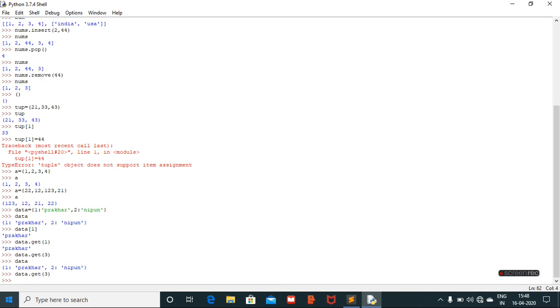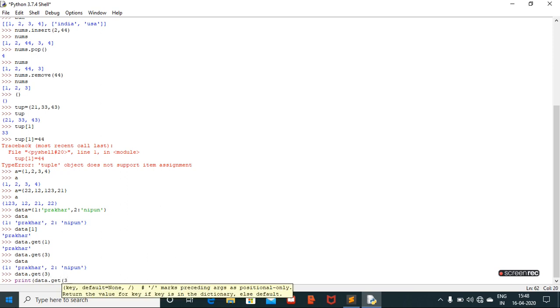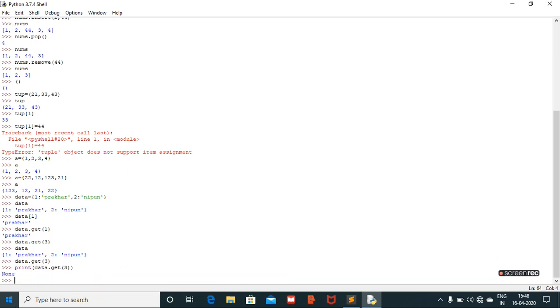So in dictionary, if you give data dot get and a value that is not present in the dictionary, then it will give nothing. If you print data dot get of 3, it gives None. So when the element is not present, it will not give any error.